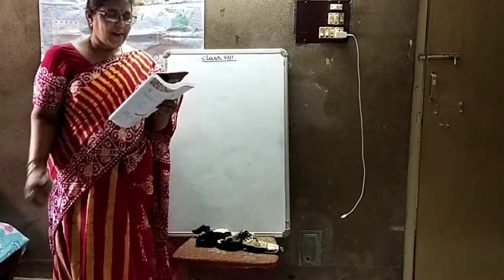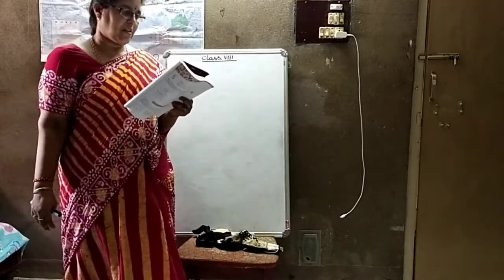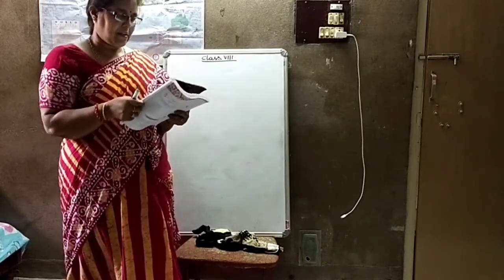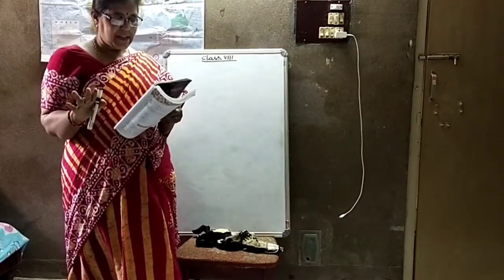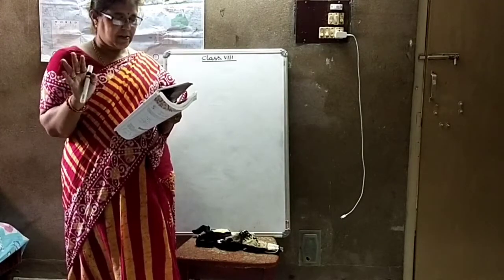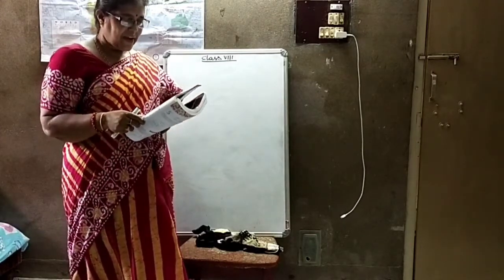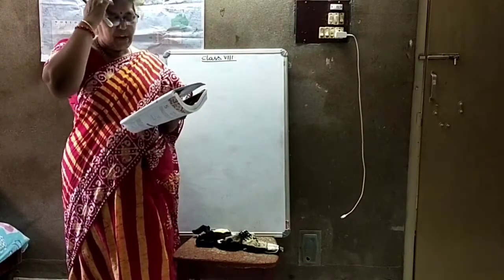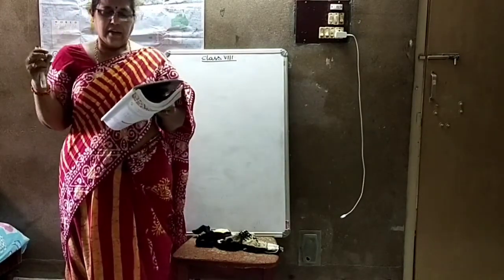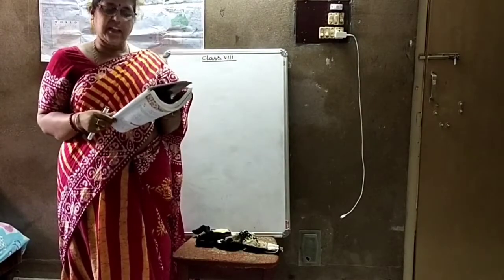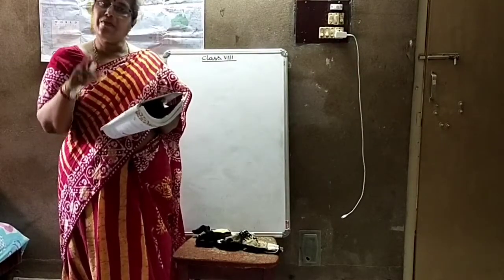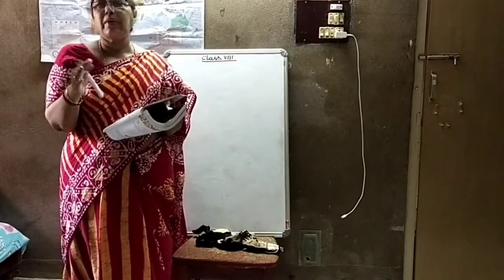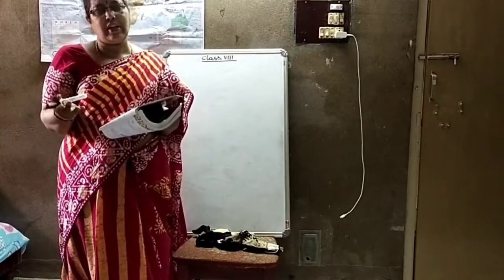A quadrilateral has dash sides, dash vertices. Four sides, four vertices, four angles and two diagonals. That is the answer. The sum of angles of a quadrilateral is 360 degrees. The measure of each angle of a convex quadrilateral is less than 180 degrees. Concave if at least one of the angles is more than 180.